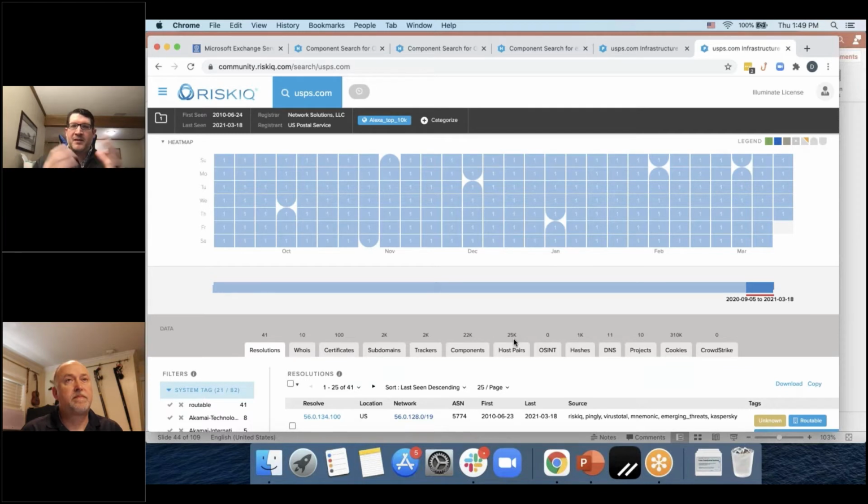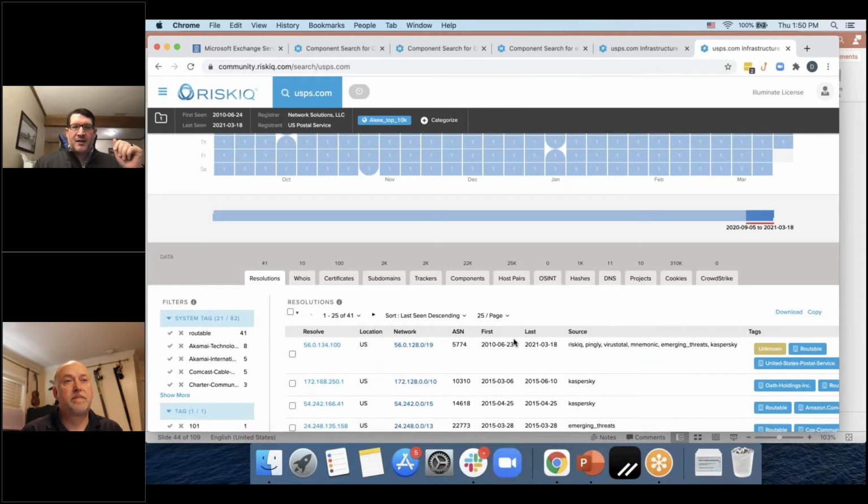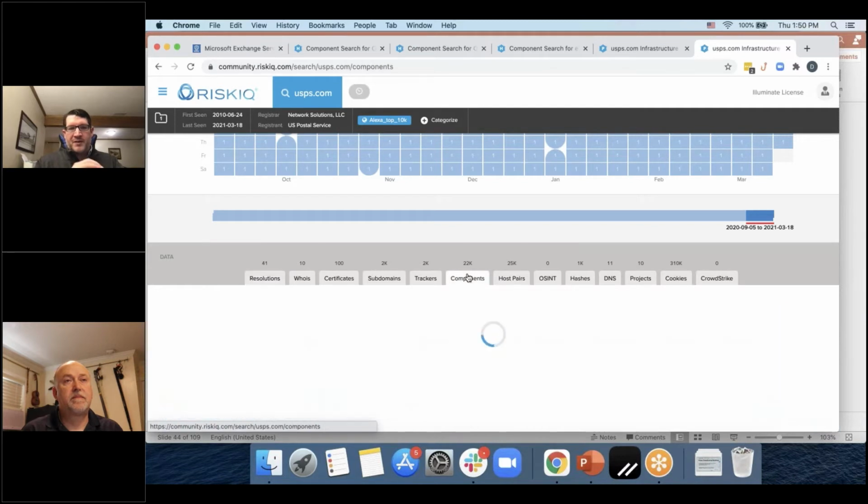Some fields, like the host pairs, cookies, trackers, Benjamin today is probably going to talk to you about. Those are very common ones to use in phishing use cases. When we look at malware or vulnerability type use cases, components are one of the areas that I go to first. So we'll go to the components tab.